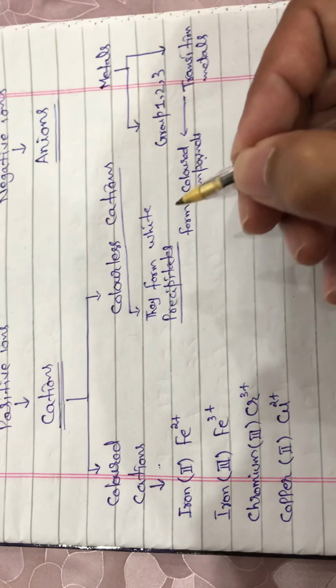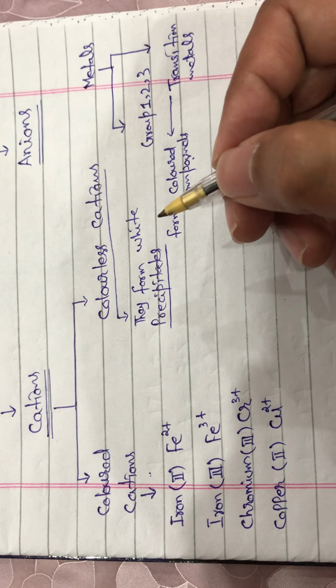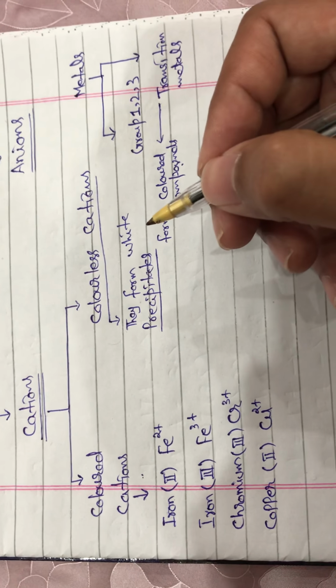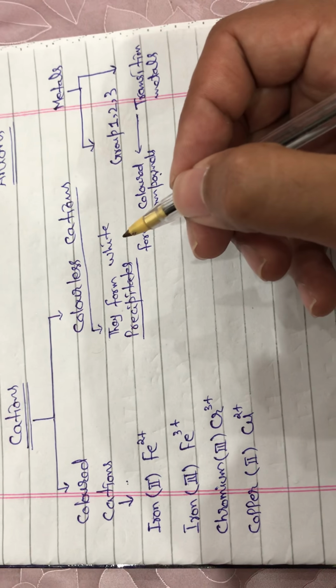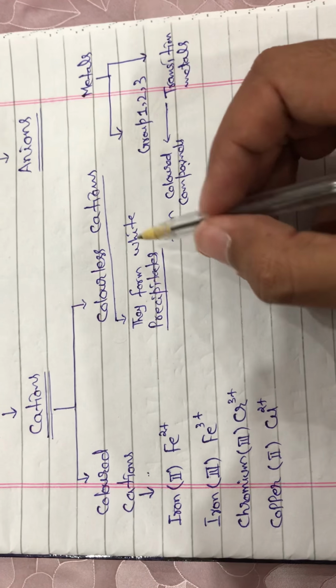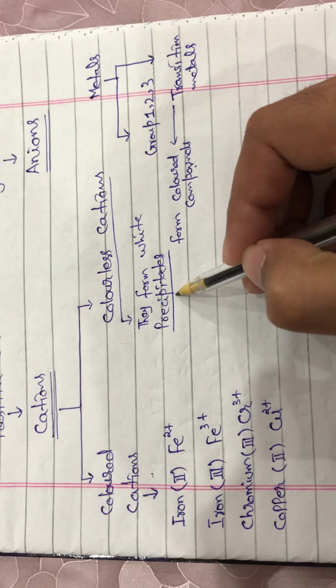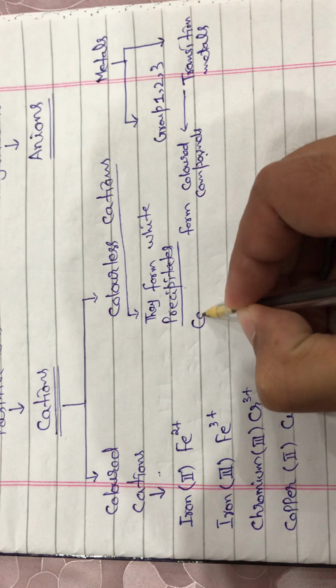Precipitate is not a new word for you. You had already learned about this in insoluble salts formation. Over there, the insoluble salts form precipitates. So all these colorless cations form white precipitates, and those are calcium ion,